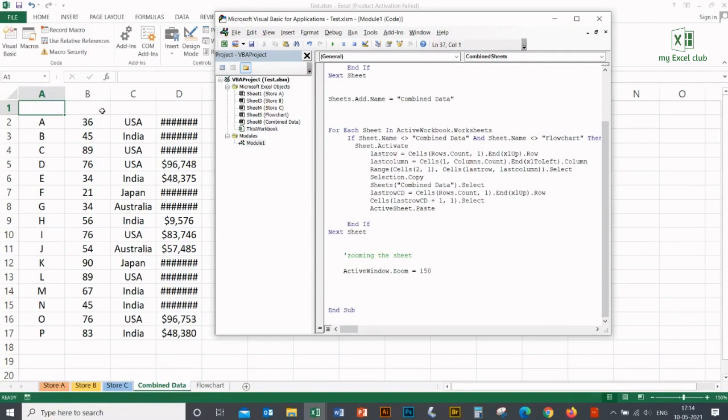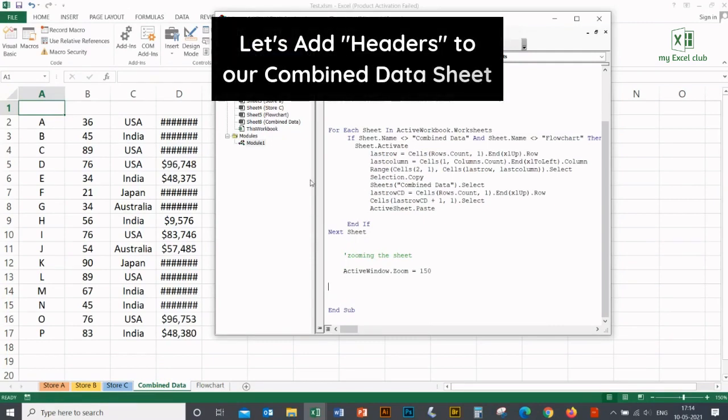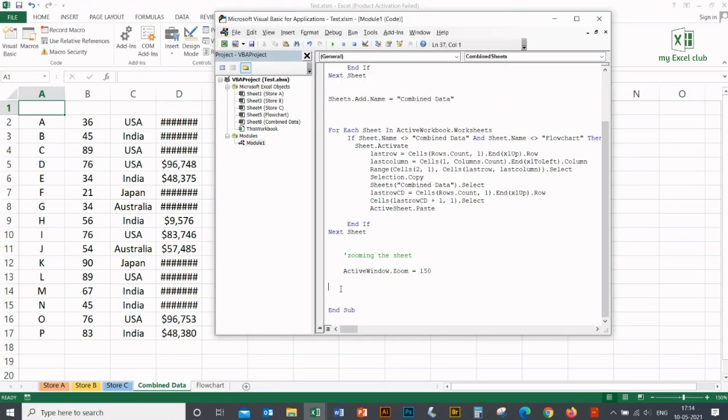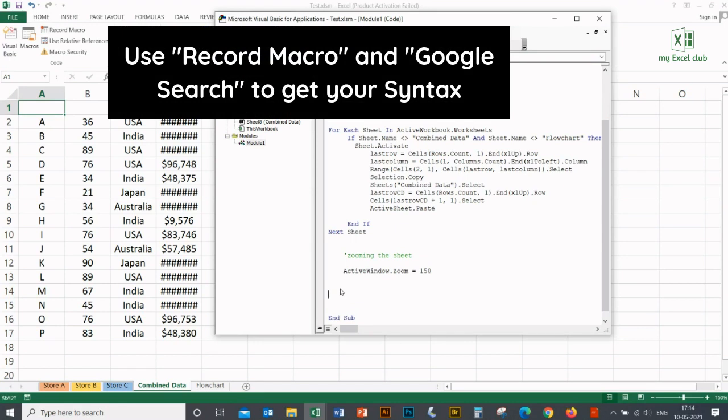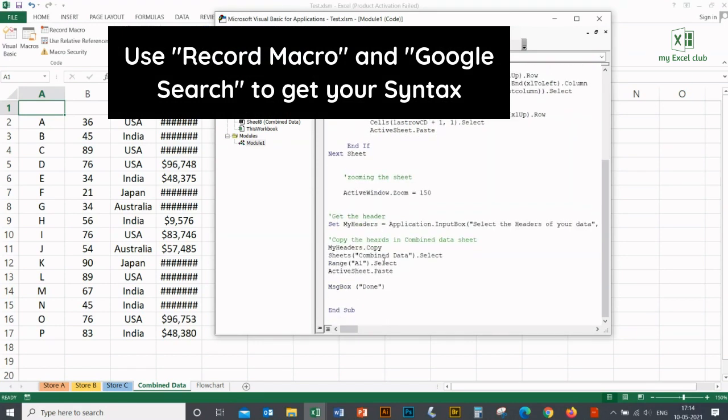Now we are left with the headers in our combined data. So I did some external research on how we can get the syntax for getting data for the headers. So I'm just copy pasting my research here, my syntax here, and I will share this syntax with you in the description. You can also do your external research and get these codes.